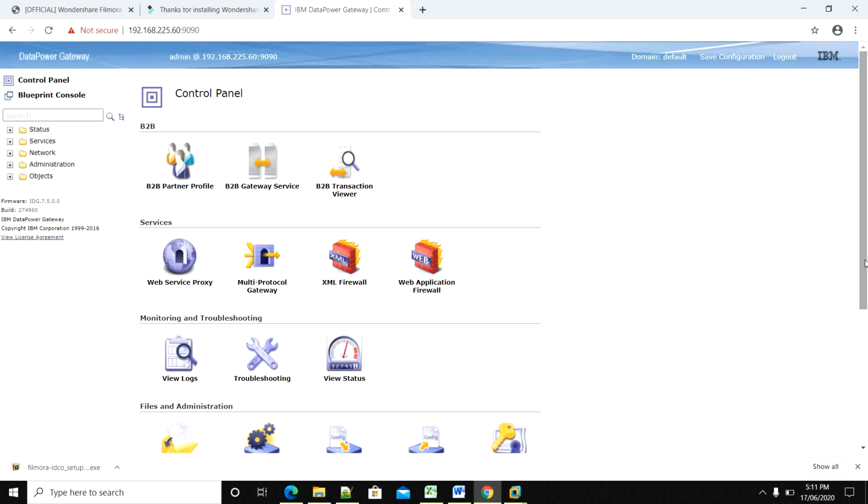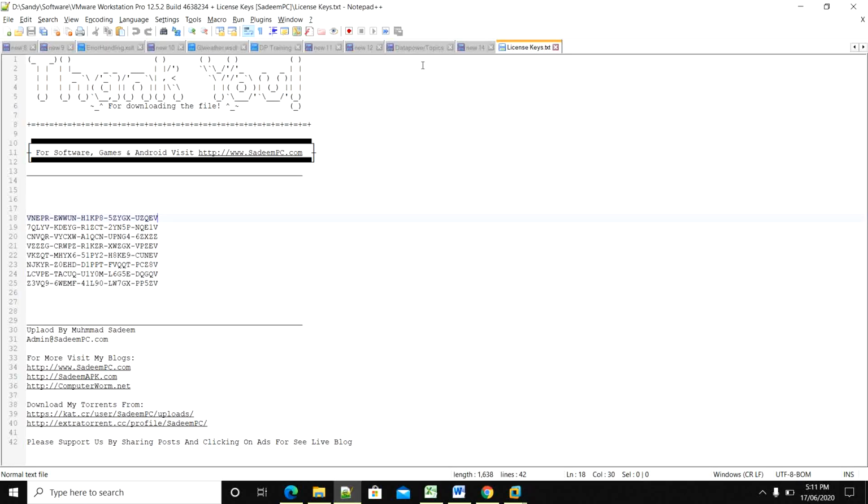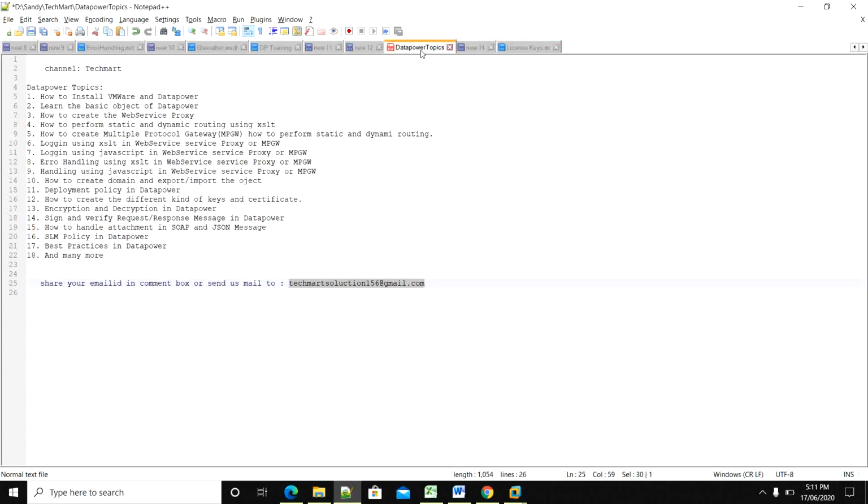So here the first milestone is achieved: how we can install DataPower, how we can configure DataPower in VMware, how we can configure VMware. As I mentioned, if you need the DataPower software and the VM, you can mention your email ID in the comment box, or you can send us mail to